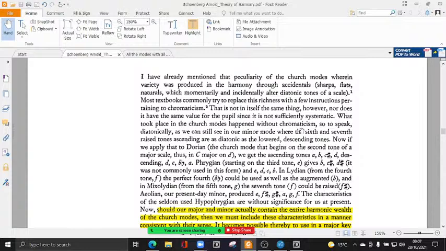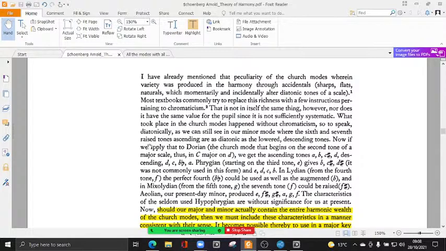If we start on every note of the scale, we're going to have another permutation: on the second note, on the third note, on the fourth note, on the fifth note, and that will give us another mode. Reductionism, but let's keep it simple. If not, we have to go through counterpoint again. But it was diatonic. So it says it happened without chromaticism, so to speak, diatonically, as we can still see in our minor mode,